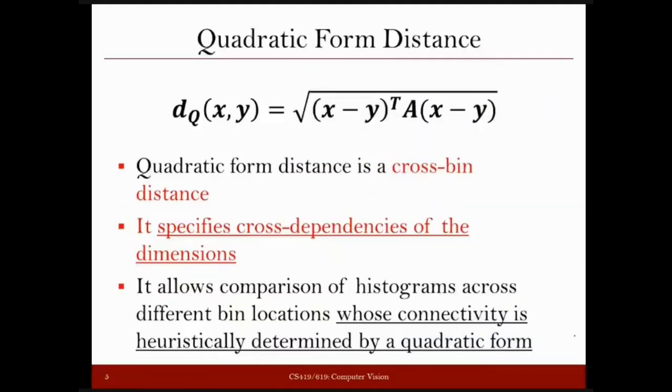Now let us move to a new topic, quadratic form distance. We started this in the last class. Now let us again revisit it from the beginning. So this was the formula for the quadratic form distance. If you compare this formula with the Euclidean distance, you will find that this term A that you are seeing here is extra. If you remove this term A, this formula is exactly the formula of the Euclidean distance.